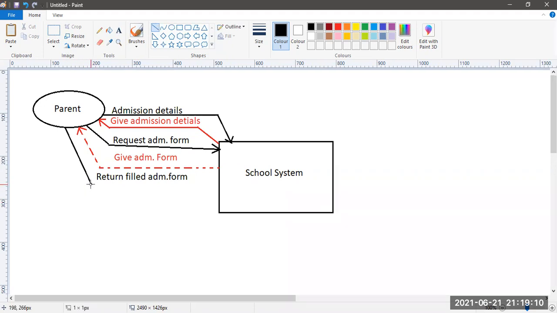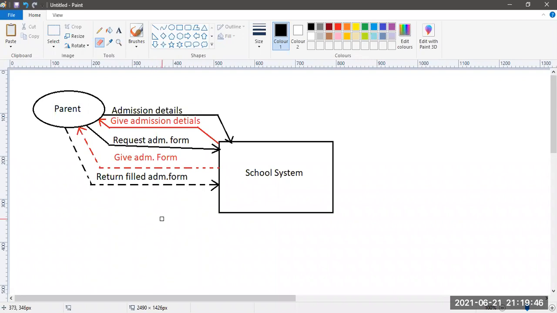So this is also a physical object, right? So return filled admission form.